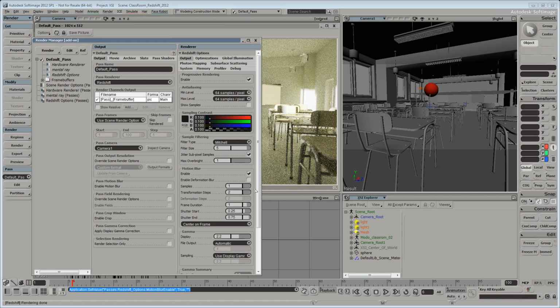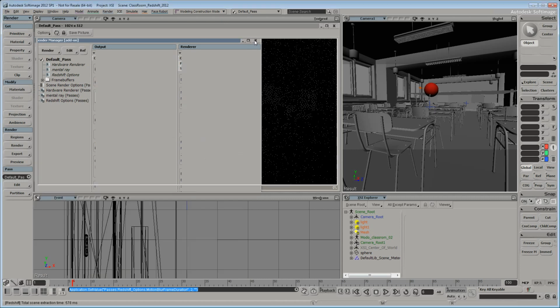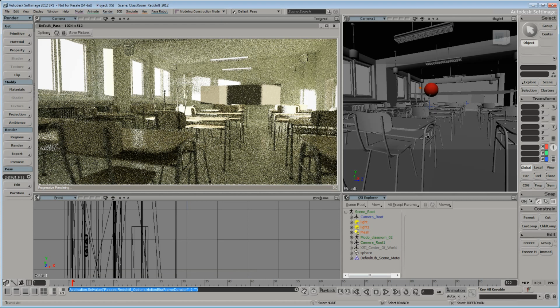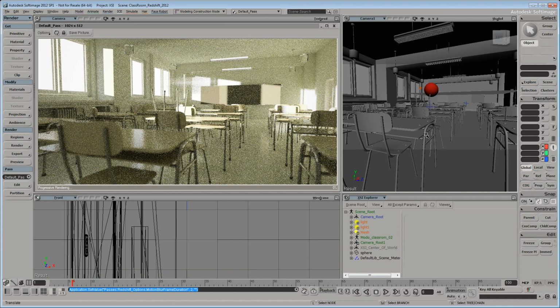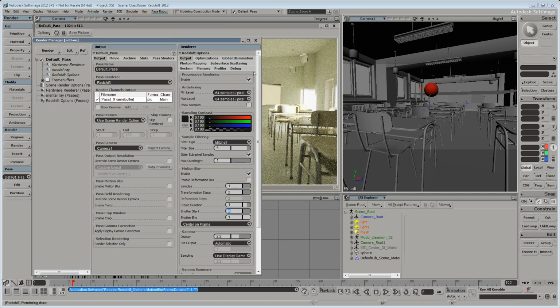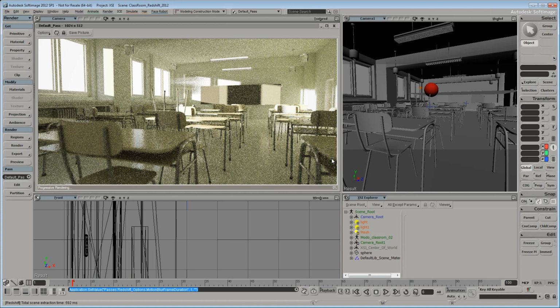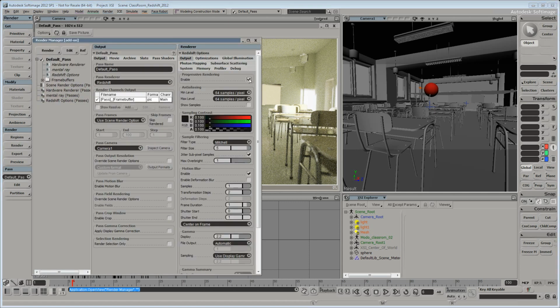And I'm going to increase the frame time just to exaggerate the effect so that you can see. But you can see the sphere is now blurry back there. In fact, maybe even too blurry. So let's just dial that back a little bit. There we go. And that's about it. So let's finish up by just doing a final render here and turn off progressive rendering